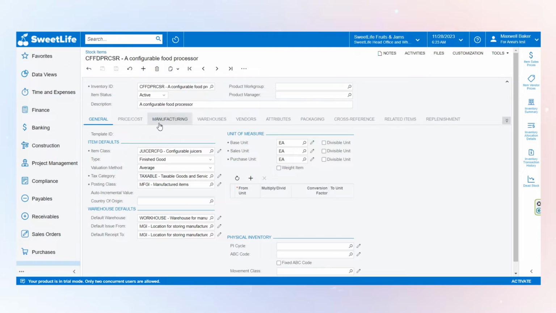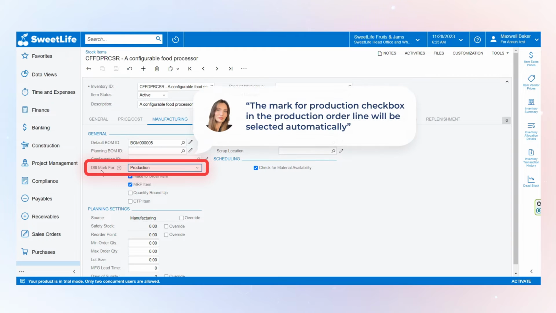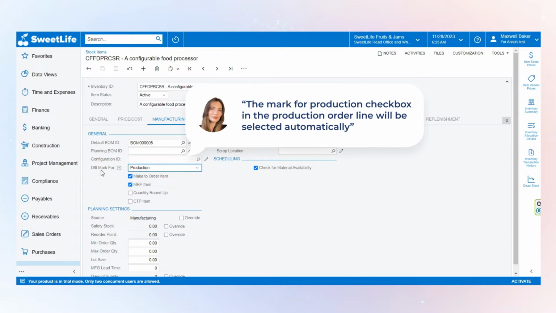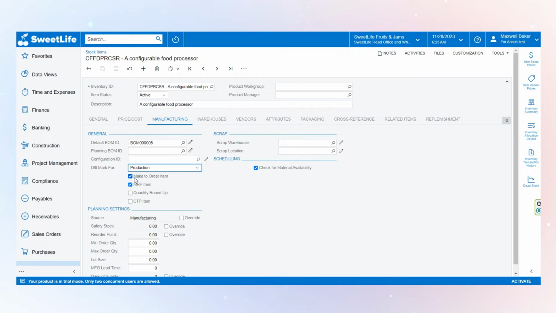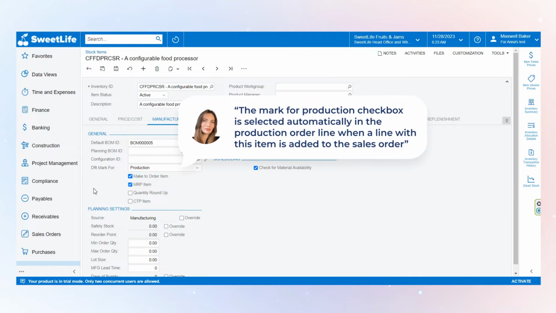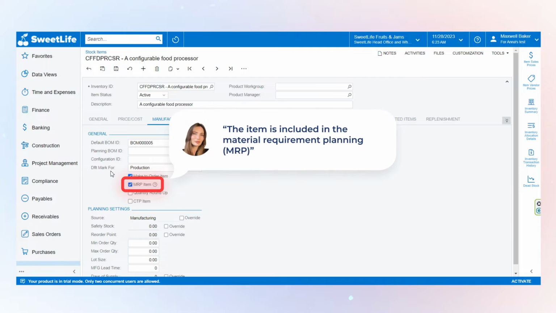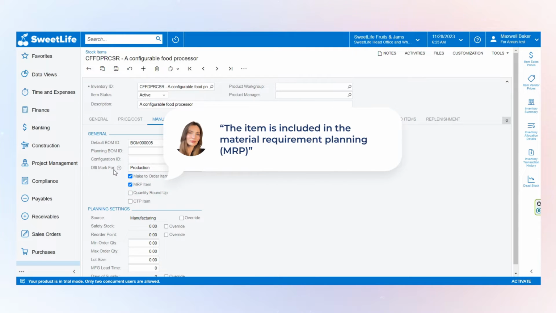So here in the manufacturing tab, I specified production for default mark for production, meaning that the system will select the mark for production checkbox in the production order line. This one means that the mark for production checkbox is automatically selected in the production order when a line with this item is added to a sales order, and MRP item means that the item is included in the material